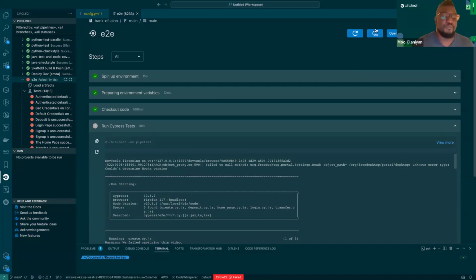And another great and probably my favorite tool is rerun with SSH, right? Because this is plugged in straight into VS Code, we can actually rerun that job. And what it'll do is it'll open up an SSH window into the exact machine that is running your build, right? So that you can poke around in there, you can play around with the files, you can see what's happening at a system level, not just trying to debug stuff that is getting spit out in the UI. So it really gives you a hands-on debugging approach, again, without leaving your IDE. So this is definitely one of my favorite features.